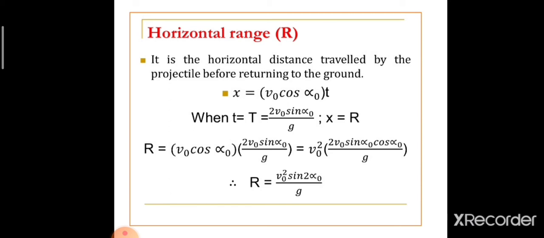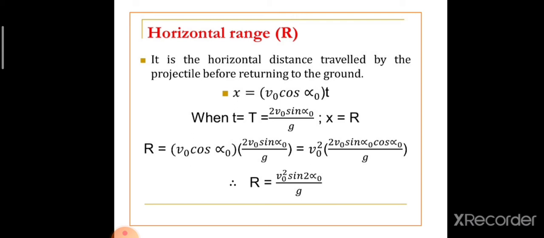If capital T represents the time taken by the projectile to reach the ground, or the time of flight, we can replace small t by capital T. We have already discussed that time of flight T is equivalent to 2 v0 sine theta by g. Here x can be replaced by the range capital R. Substituting these terms in the equation for x, we get R is equivalent to v0 cos theta into 2 v0 sine theta divided by g,